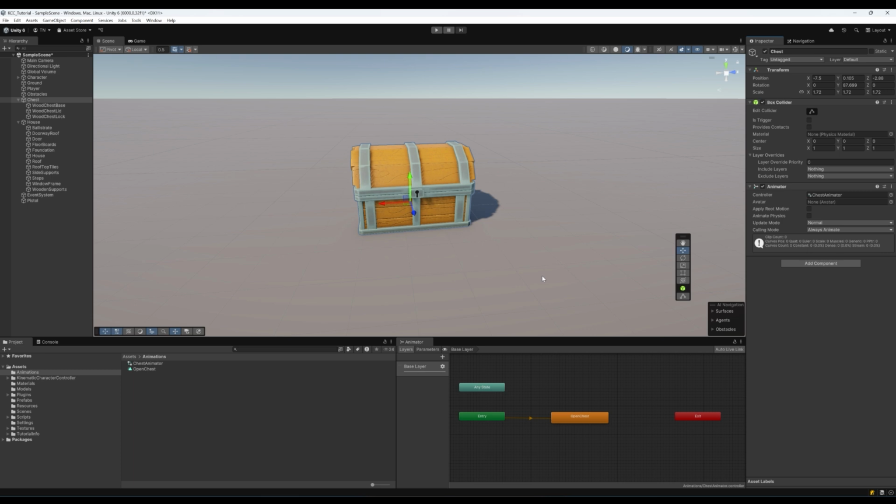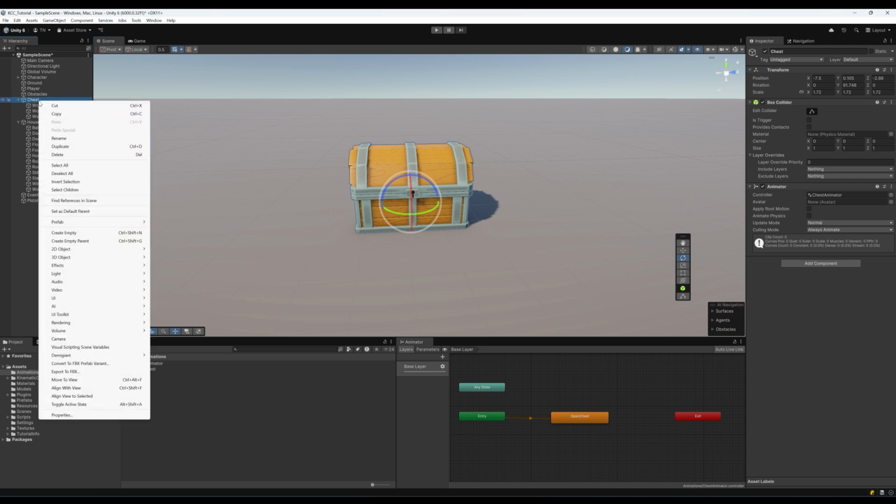Now, just thinking ahead a bit, the problem that will happen is if I were to animate the base of this chest game object, so if I were to animate the position or the rotation, and I would have set an idle keyframe for the current rotation. So its current rotation is at whatever, like 80 degrees. The problem is if I keyframe this in, so if I add a keyframe that says that this rotation should be 104, then no matter what rotation I set beforehand, it's going to automatically update that to what I set the initial keyframe to. So to make that not happen, what we should actually do is create a parent for